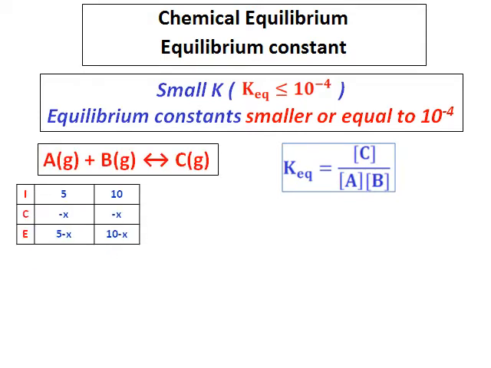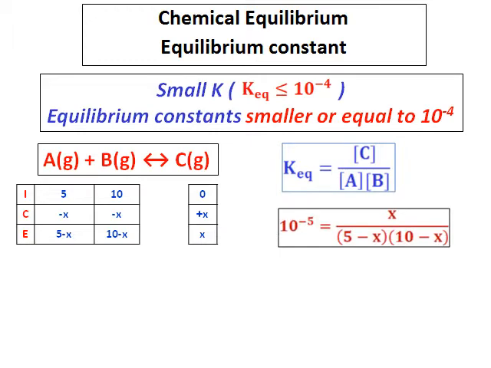Let's assume the concentration of A is 5, the concentration of B is 10, and the equilibrium constant for this reaction is 10 to the power of negative 5. Using the ICE technique, get the equilibrium concentrations and substitute them into the equilibrium equation. As I said, this is the case in which the equilibrium is shifted more towards the reactant, or very little product is formed. That means the value of X is very small, or in other words, X is much less than 5 for the concentration of A,